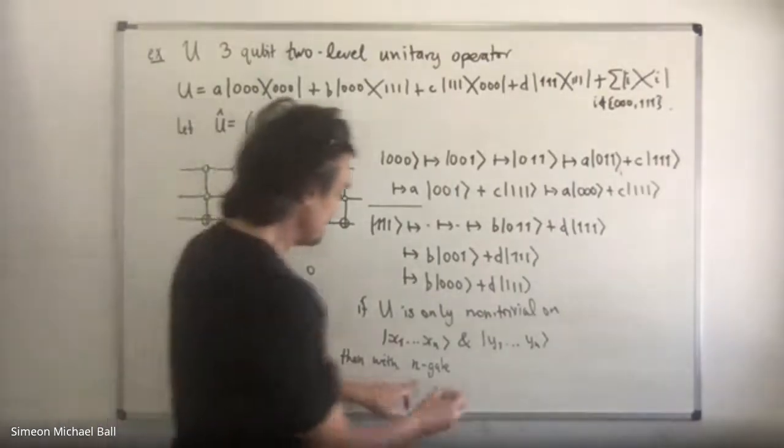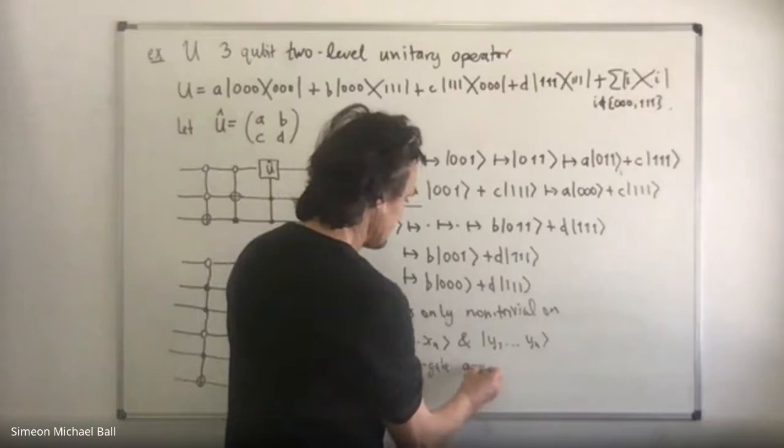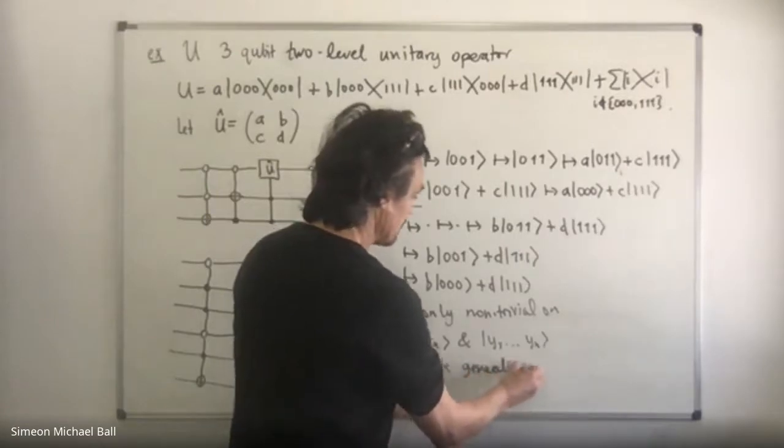So then with n-gate generalized Toffolies,